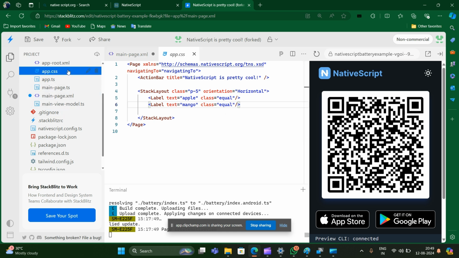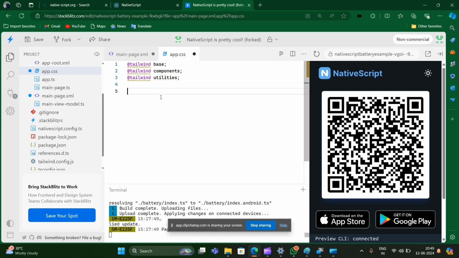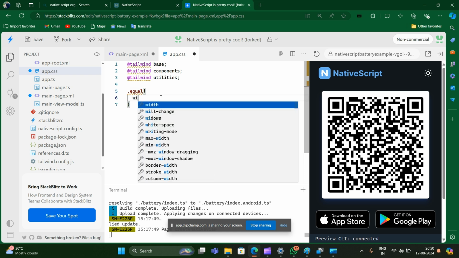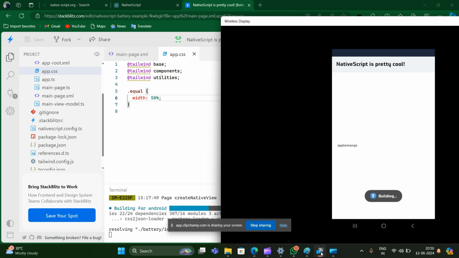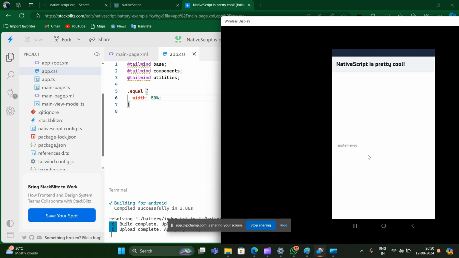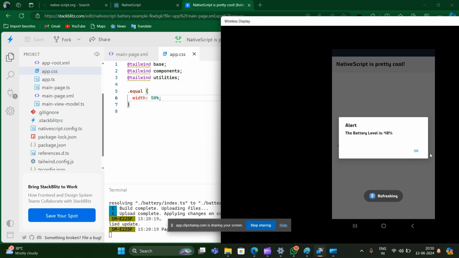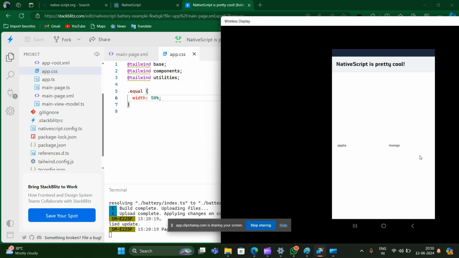Inside the CSS file, you have to add the styling. Now you will see the output. Can you see what has happened there? They have taken equal space.